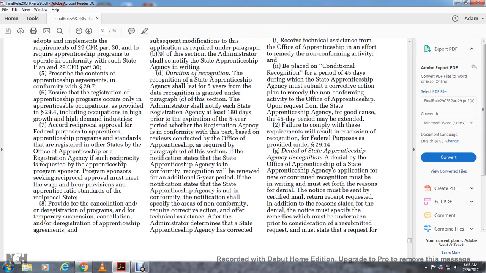Duration of recognition. Recognition of the state apprenticeship agency shall last 5 years from the date of recognition granted under paragraph C of this section. The administrator shall notify each state registration agency at least 100 days prior to the expiration date of the 5-year period whether the registration agency is in conformity with the part, based on the review conducted by the Office of Apprenticeship that is required under paragraph E of this section. The notification will state whether the state apprenticeship agency is in conformity, and recognition will be renewed for an additional